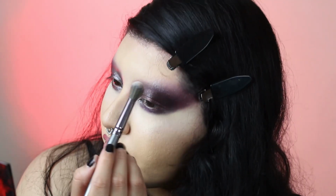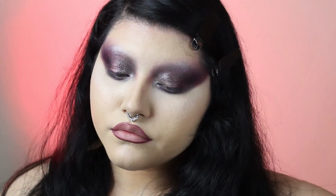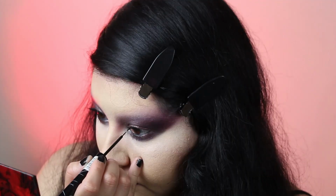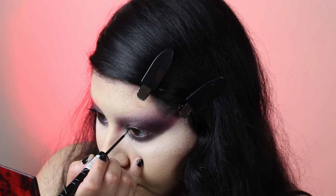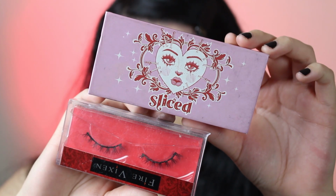The last step for this eye is to give it one good blend all over and add some eyeliner. I'm gonna let the lashes do all the work, so I'm just tight lining around my waterline and pointing out the inner corner. I'm pulling out my prettiest eyelashes, and these are the Likely Slice Lashes and Live Bottom Lashes